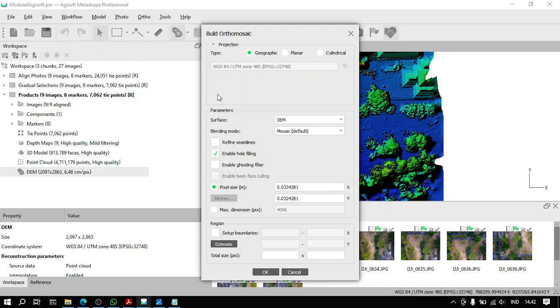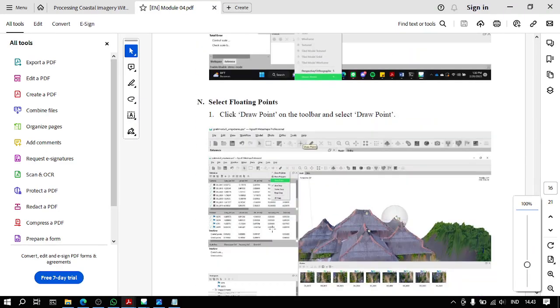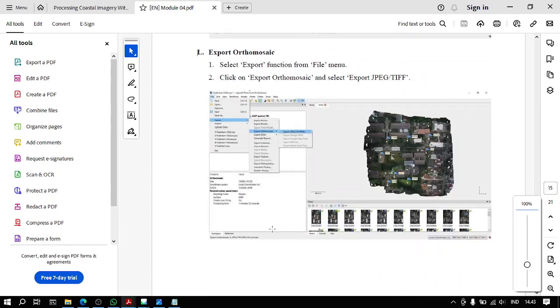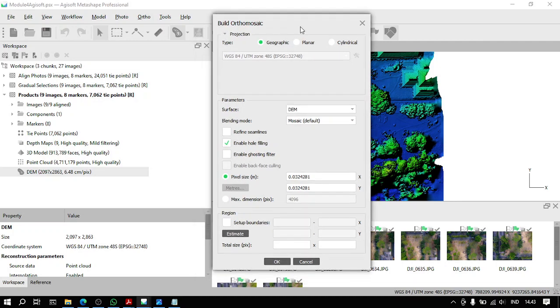Here, click on build orthomosaic. Projection is already set on the DEM, or from the mesh. We're going to build it from the DEM first, okay? So here, refine seamless. What are the modules set? It doesn't actually say anything, okay? We're going to leave it on default, but refine seamless is for, for example,